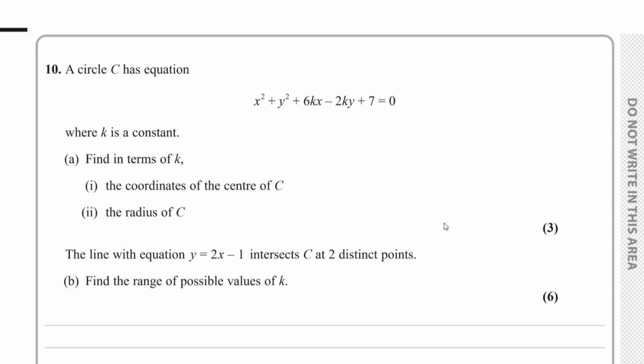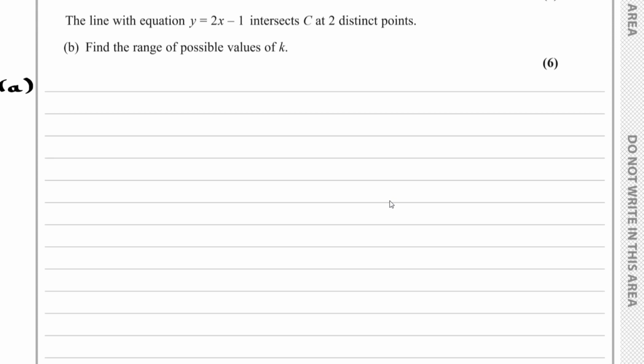Question number 10. A circle C has equation x squared plus y squared plus 6kx subtract 2ky plus 7 equals 0, where k is a constant. For part A, we have to find in terms of k the coordinates of the centre of C and the radius of C. So for part A, we begin with our equation x squared plus y squared plus 6kx subtract 2ky plus 7